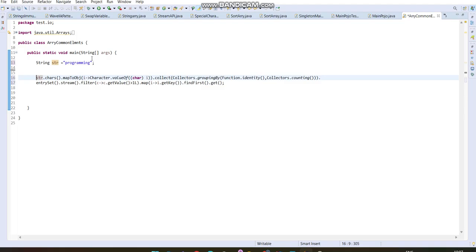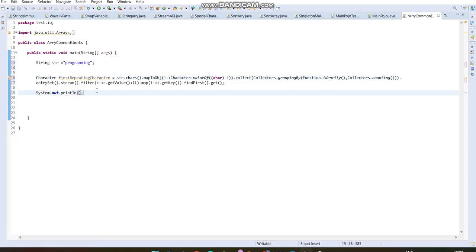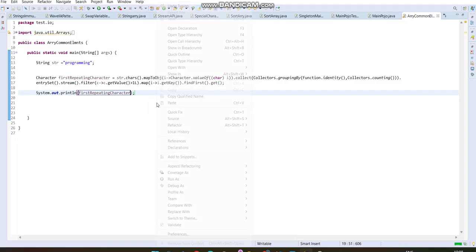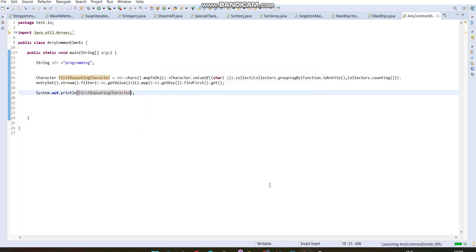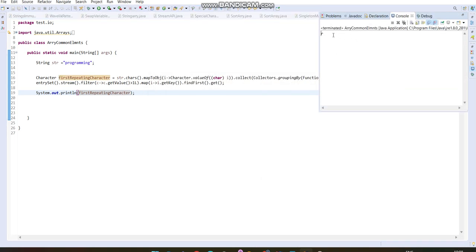Okay, let me store. Now we will just try to print this first repeating character, and the output should be coming as R. See here, so the output is basically coming as R, as R was the first repeating character